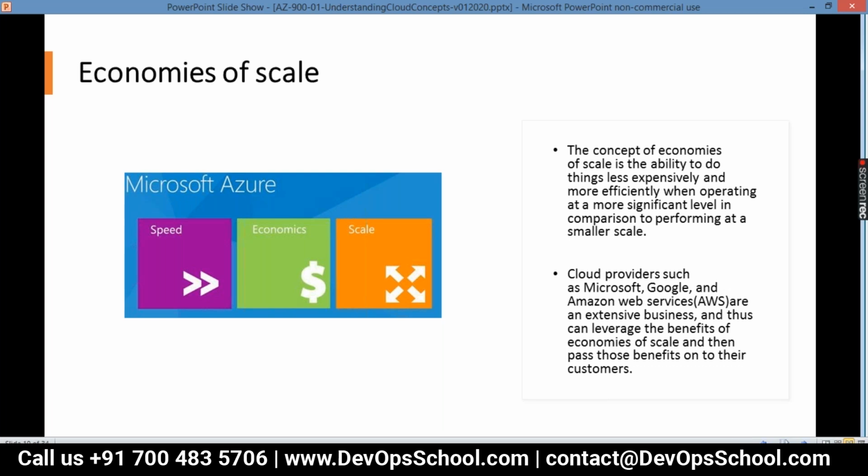But in the cloud, you are paying 7,200 yearly. After 2 years, if you don't require it, within 2 years how much have you paid? 7 into 2, 14,000, plus you have invested 30,000. How much? 44,000. Let it be 50,000.